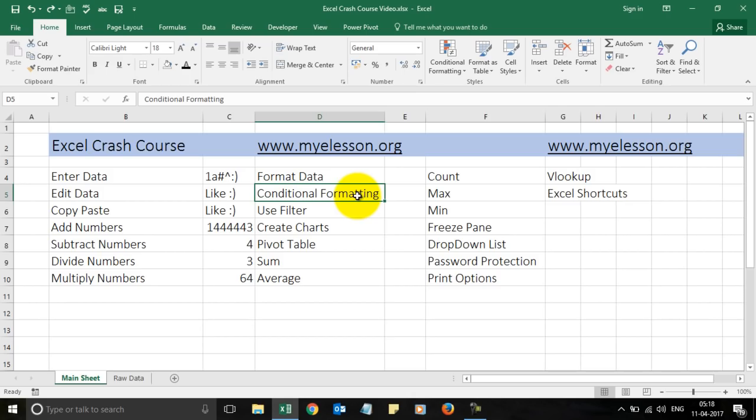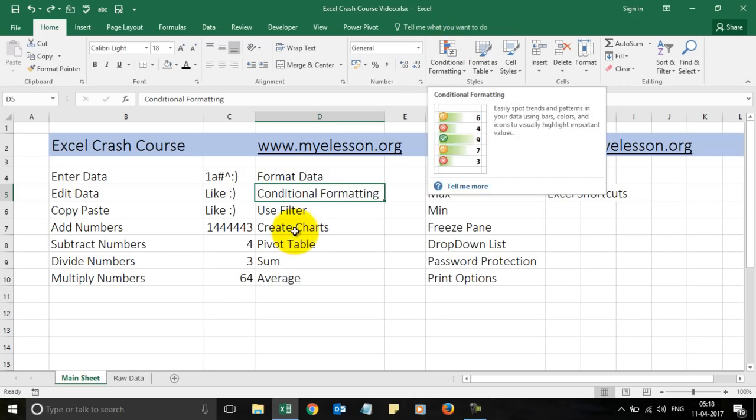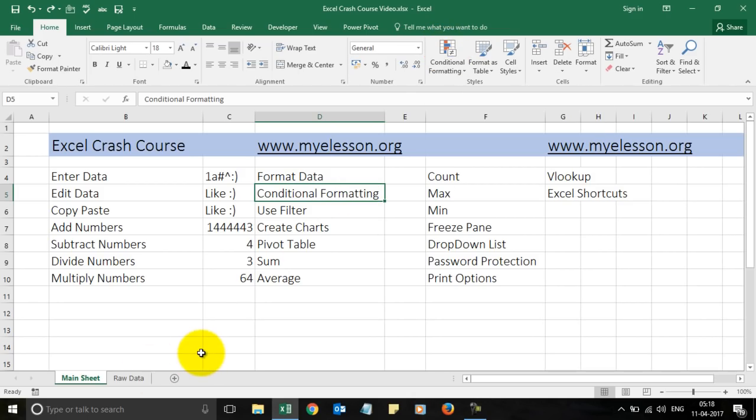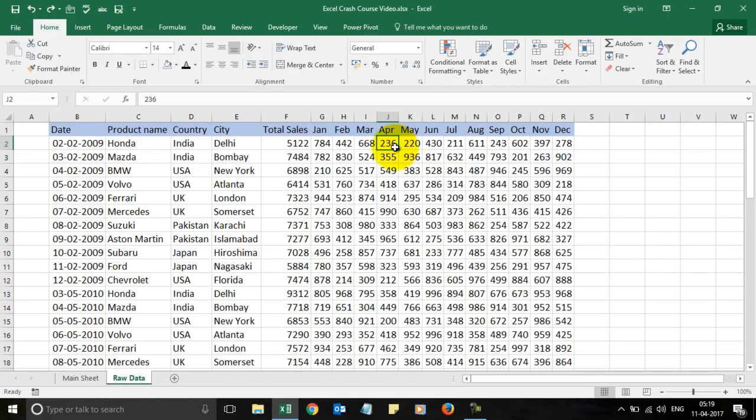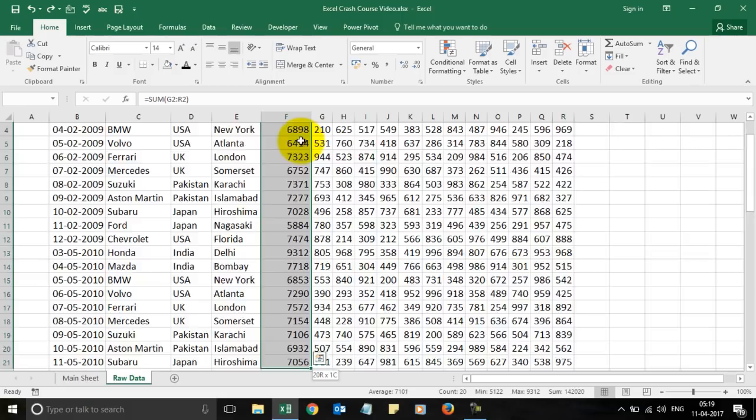Alright, now we will come to conditional formatting, which is very, very important. So conditional formatting is over here. What it does is it allows you to format your data based on certain conditions. This is my raw data that I'm using, and this is way too much to see right now. So for example, I want to find out, say in this cell, total sales, which is pretty big,